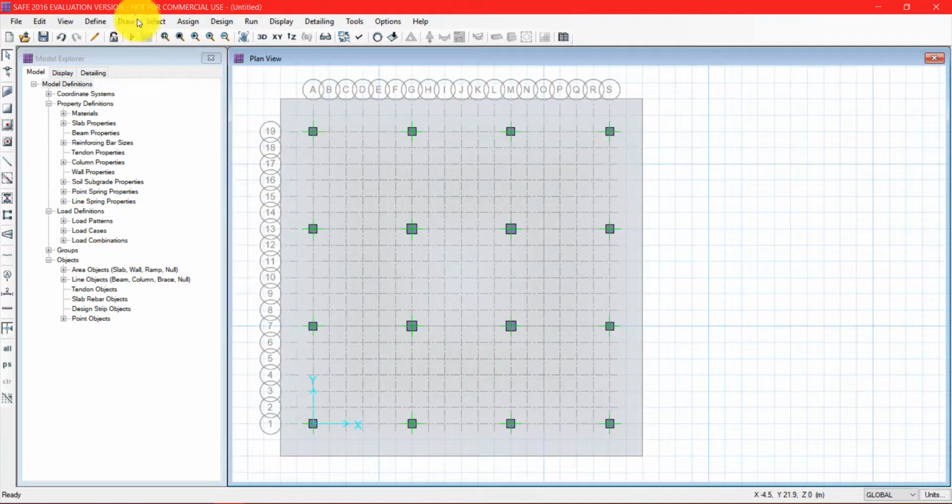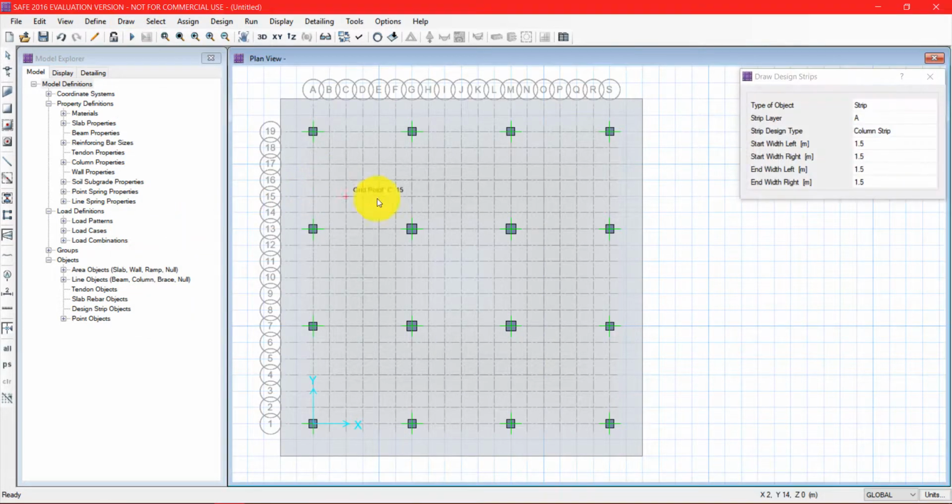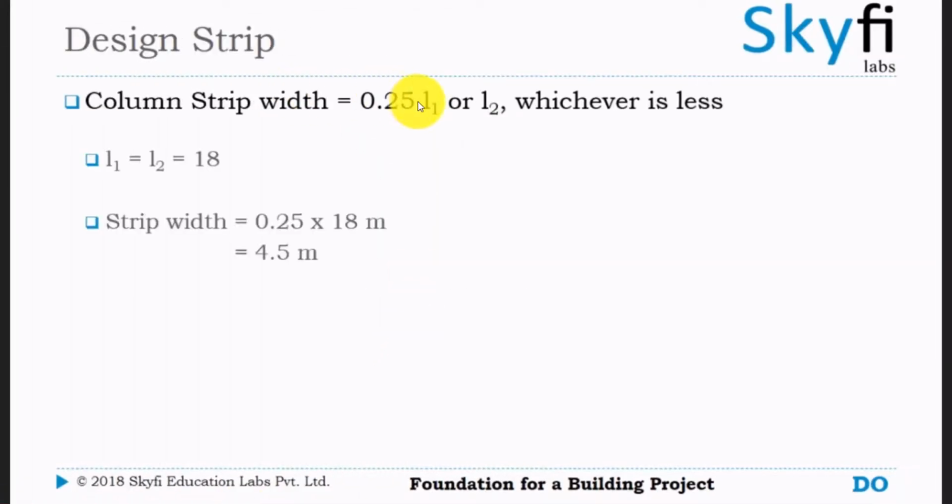After drawing the columns, let's move on and draw the design strips. For drawing the strips, we'll go to draw design strips. Here, as we have calculated earlier with the help of this formula, we have 0.25 L1 or L2, whichever is lesser. So we have the length as 18 for both L1 and L2. So we'll be taking 0.25 into 18, that is 4.5.